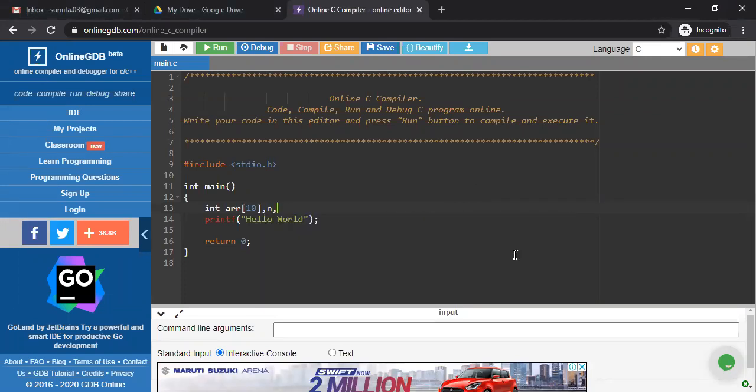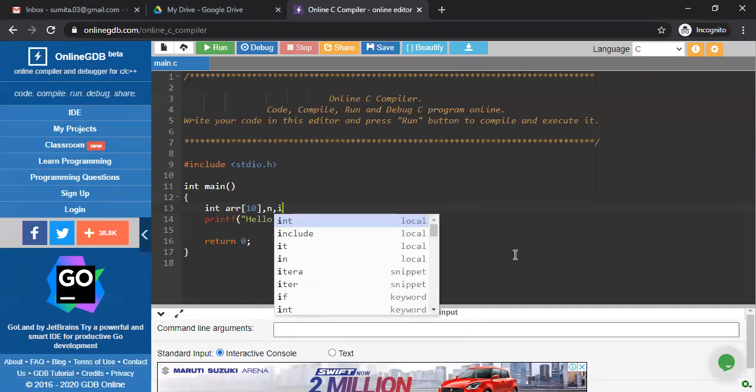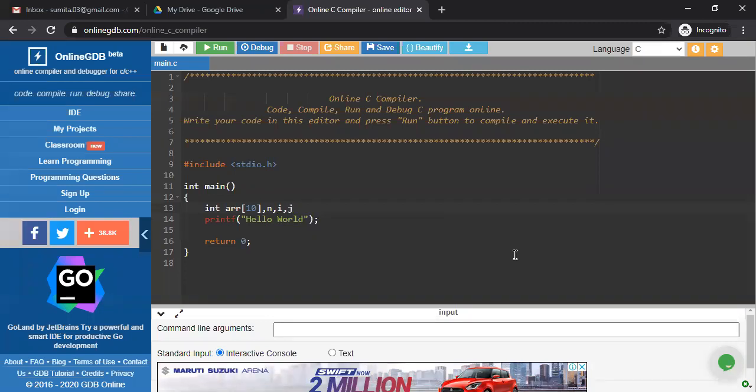After that, we execute an outer loop as well as an inner loop. So two loops are working simultaneously. For that reason, we use two different loop variables, i and j. i is used for the outer loop and j for the inner loop, or if you want, you can use vice versa also.